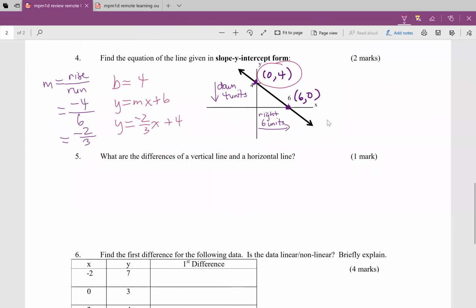Question 5 is more interpretation. What's it saying? What are the differences of a vertical line and a horizontal line? A vertical line has a slope that's undefined, whereas a horizontal line has a slope of 0. Specifically, just to help some people out,